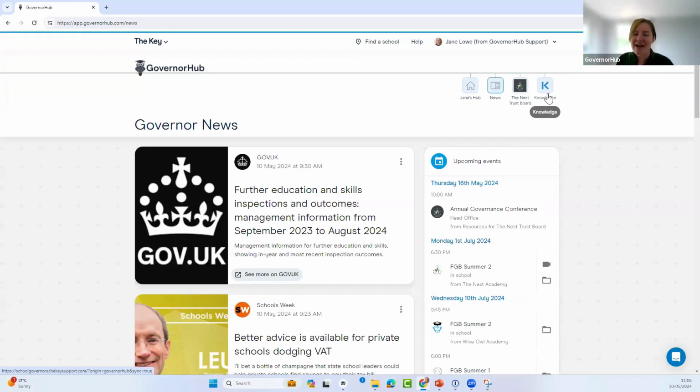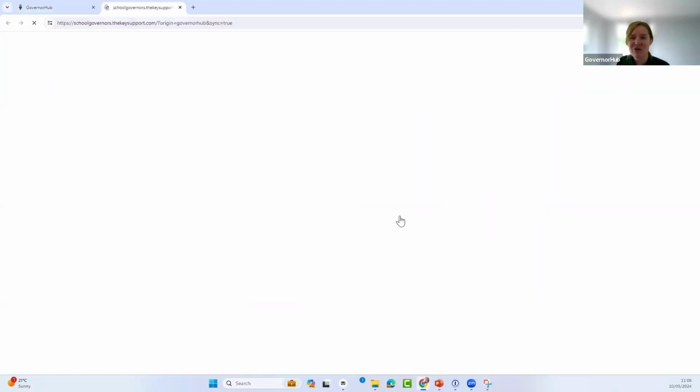You're volunteers and, I'm sure you have logins for all sorts of things, but for your governance, we want you to just have one login. And so for GovernorHub Knowledge, if you have a subscription, it's not another login. From your GovernorHub page, your GovernorHub login, where your board sits on your washing line and your profile sits, you just will see an additional icon on your washing line, which is this blue K, which you just click through and it takes you through to GovernorHub Knowledge.